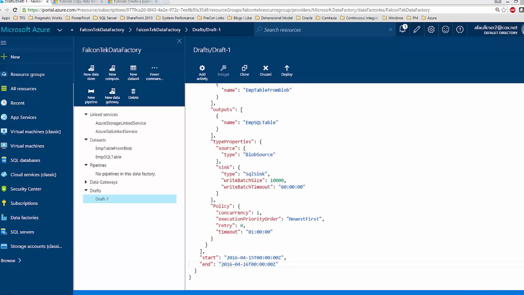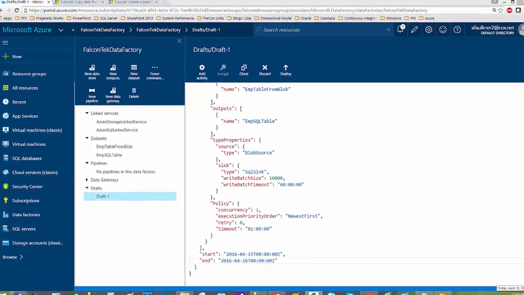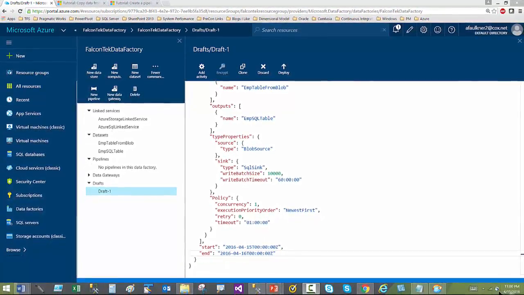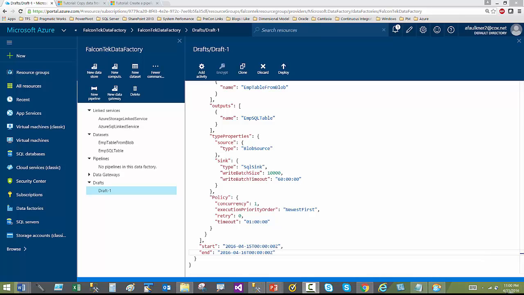Both start and end date times must be in ISO format. As we see here, this is an ISO formatted date in both the start and the end. In my case, I am going to use the current date, which as you can see in my date and time clock area, it is about 11 o'clock in the evening on April 15th, and I'm going to set the end to the following day. In this example, the way we have this set, there will be 24 data slices as each data slice is produced hourly. So in order to complete this step, I simply click Deploy,